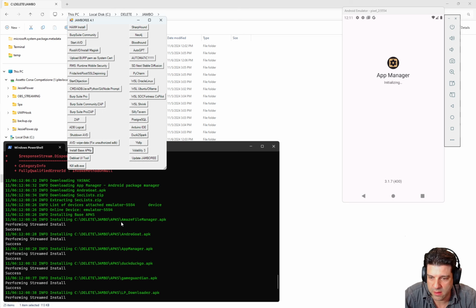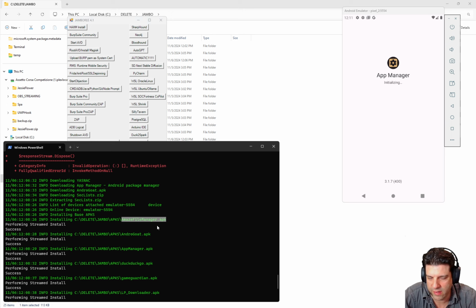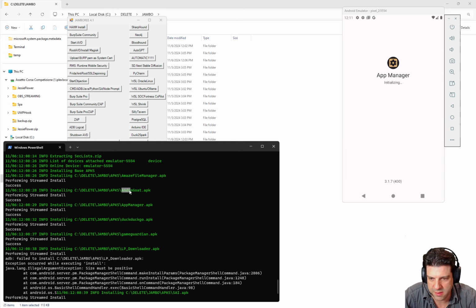So we got file managers. It's got a good file manager that's pretty common. This is a vulnerable application. This is the app manager, which shows you permissions within different kinds of apps. So if you're having issues with an application not working and the permissions aren't granted correctly, it'll just crash. Game Guardian again is for